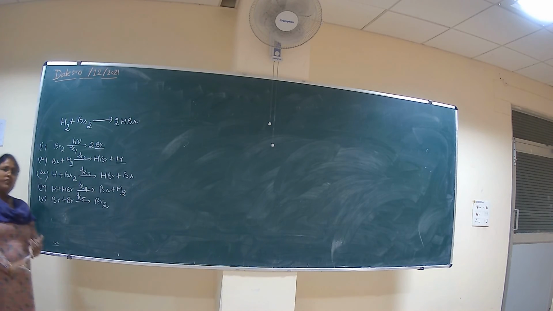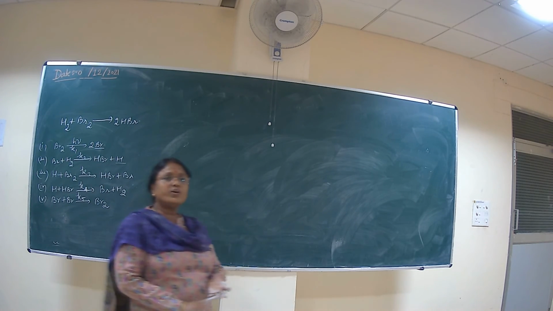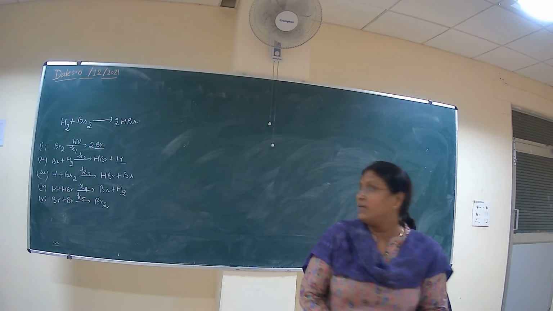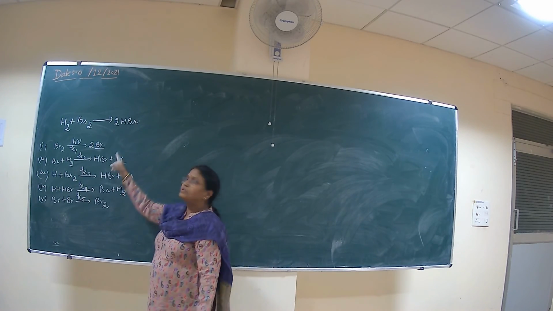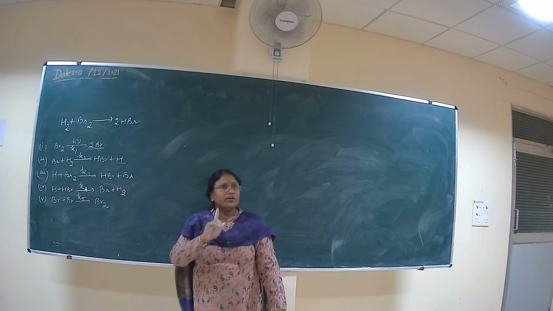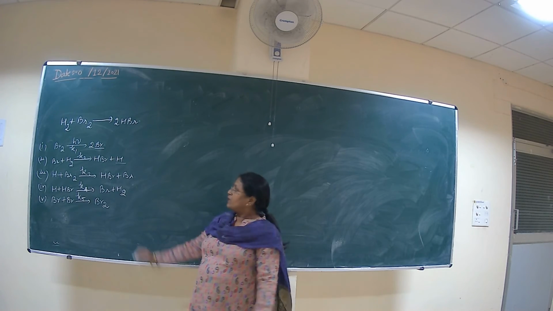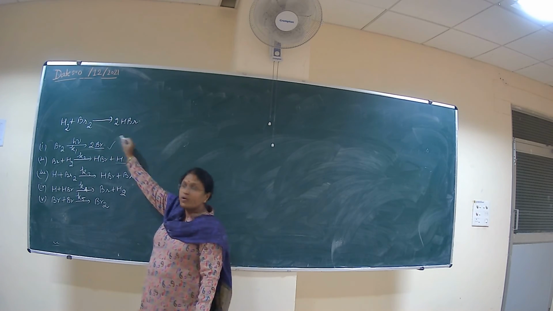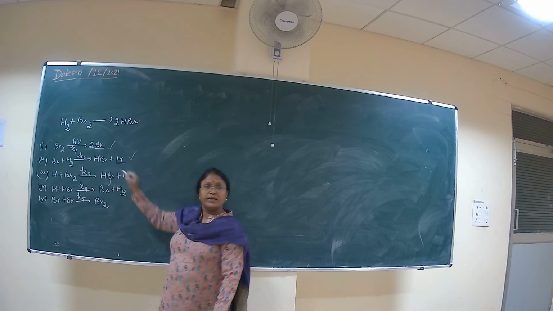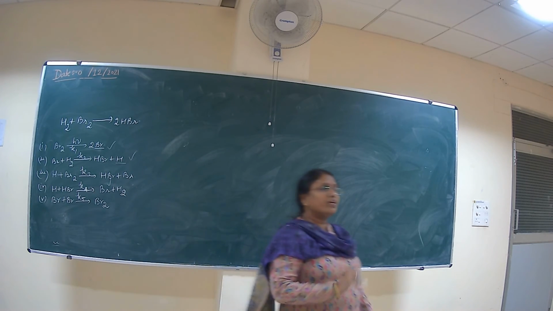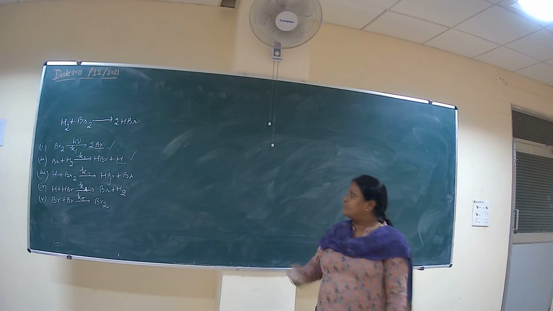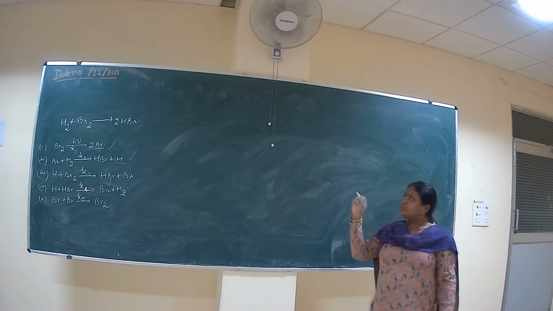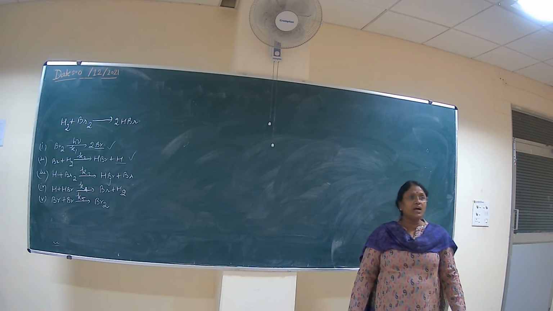Now while we are finding the kinetics for the formation of the hydrogen bromide, यहाँ पर जितने भी products का formation होता है सबके लिए हम लोग rate law define करते हैं. Okay, and here we have 3 products, that is the bromine, hydrogen and HBr. So we define the rate law for all these products and after defining the rate law we find the kinetics of this formation of the hydrogen bromide.